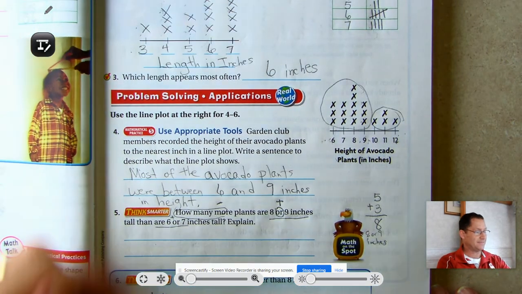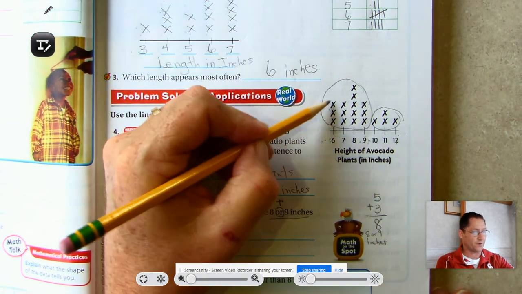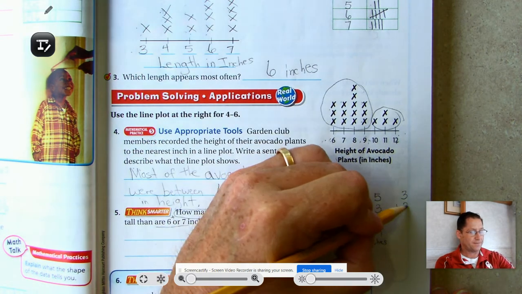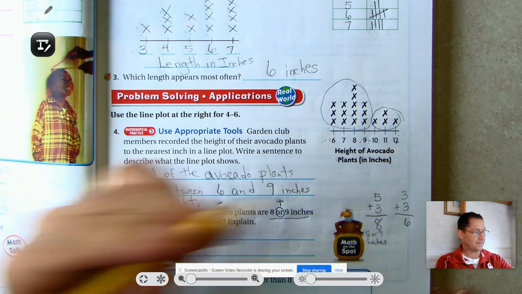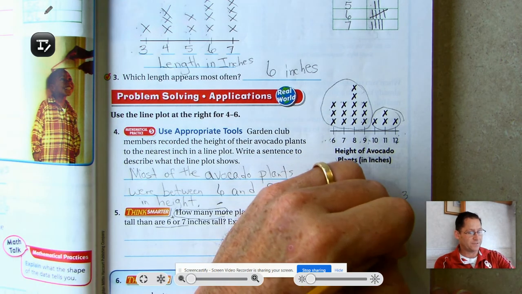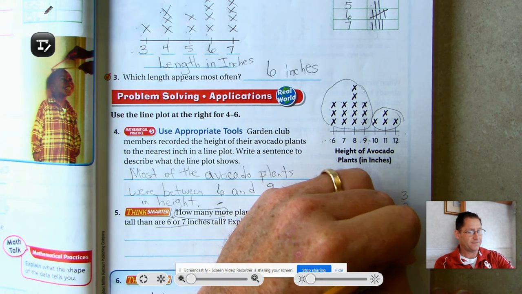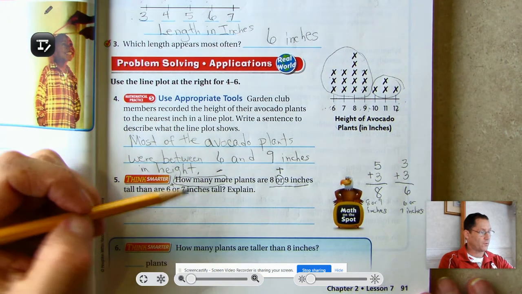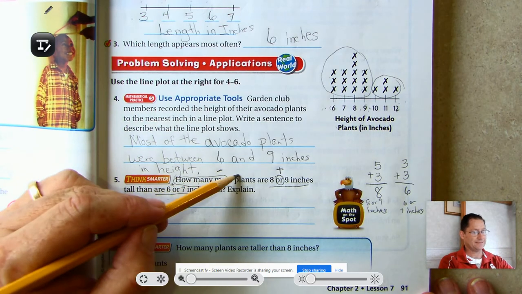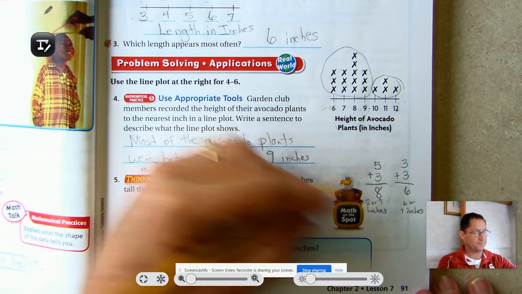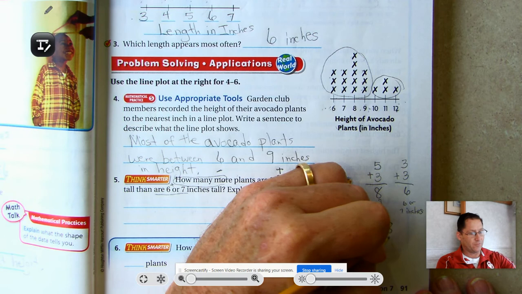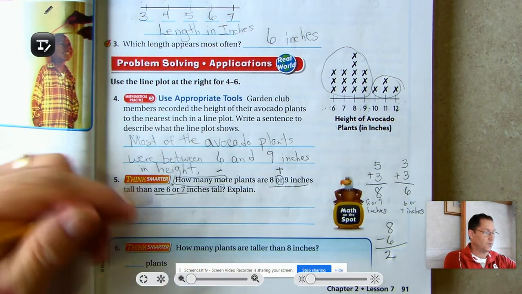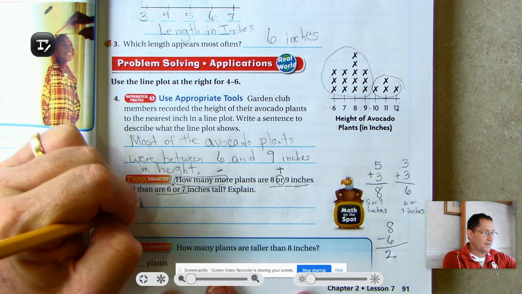And now we have to find 6 or 7. 6 was 3. 7 was 3. Add that together, we have 6. So 6 plants were 6 or 7 inches. Now our question says how many more plants? So now we get to subtraction. So 8 take away 6 just gives us 2. So 2 more plants